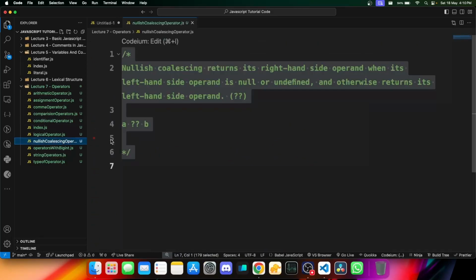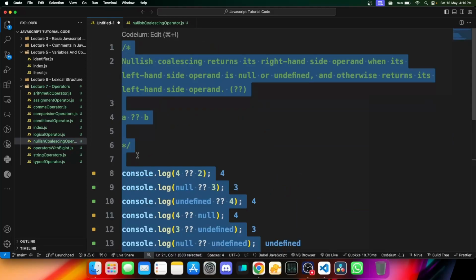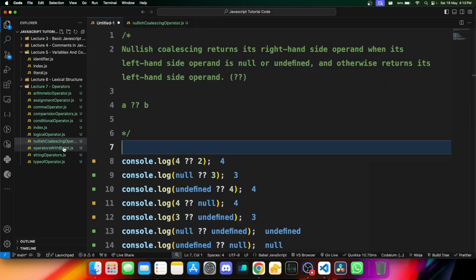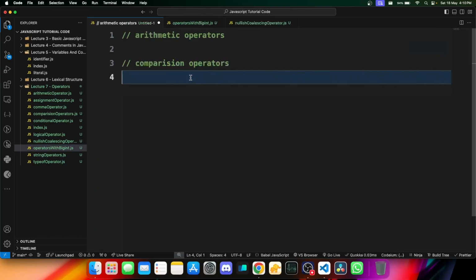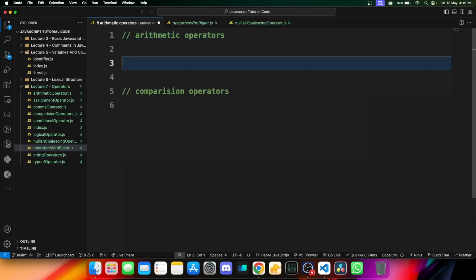I hope that's clear. Next, let's talk about operators with bigint. Now, why do we need to talk about operators with bigint? Because there are some special things that we need to understand over here. First thing is arithmetic operators. Arithmetic operators are all valid on bigints as well, but there are some issues that you need to be